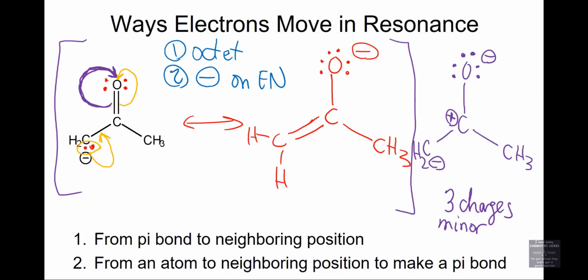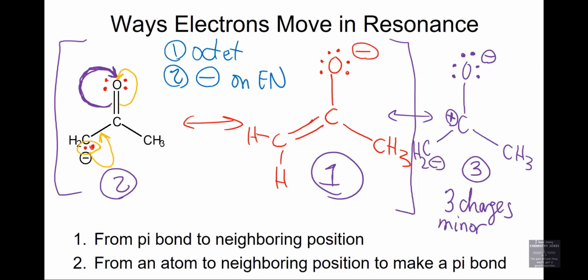If you were considering all 3 of these resonance contributors, this is your number 1, winner, winner, chicken dinner. This is absolutely number 2, and this would be number 3. Sometimes students get a little panicked saying, I don't know how to know when I'm finished, when I've drawn enough. Yeah, this number 3 is absolutely not necessary because it's a minor contributor. But sometimes we will draw things like that. We are not ready for the context of why yet, but sometimes we will draw them